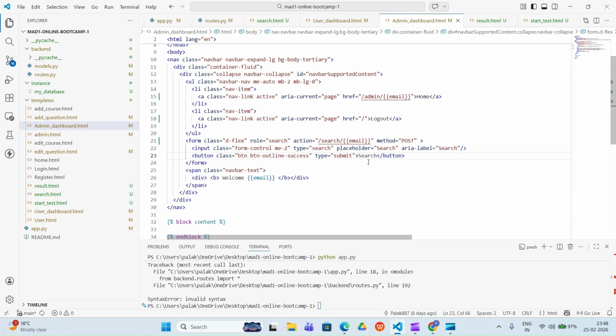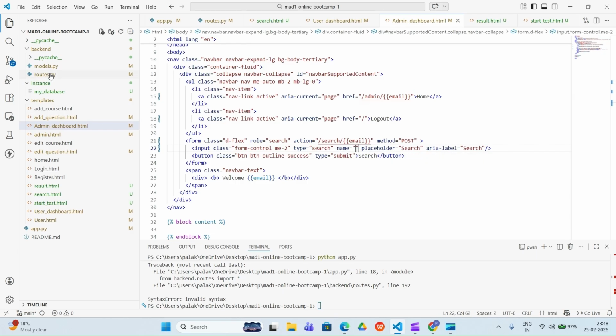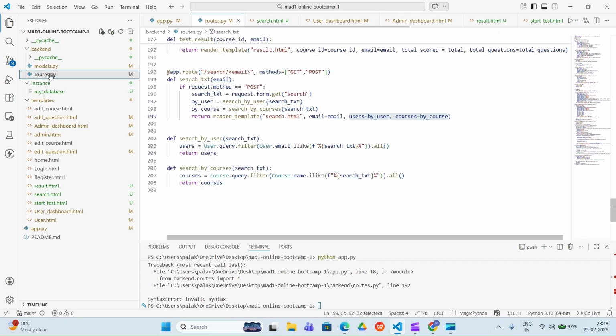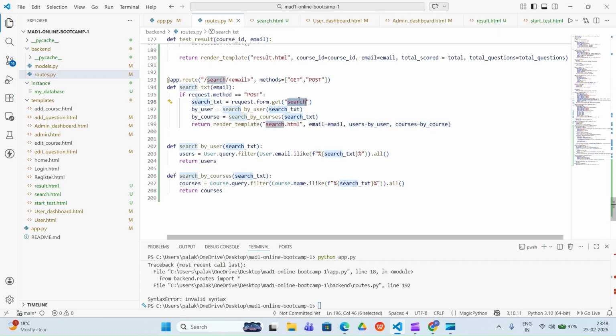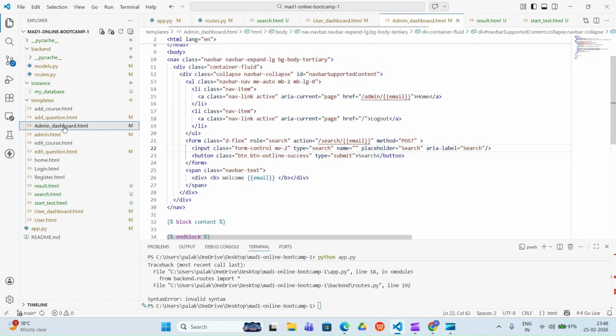Okay. And then after, here input is given, type is given, placeholder is given. You need to attach one more thing, that is your name, and that name part, yeah, search is what we are going to request the user to give. So we'll copy this search and give it into the admin dashboard. We'll write here in the name part, search. Okay, so that is what we need to write here, and the other things will be same.